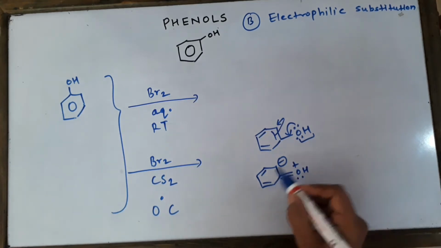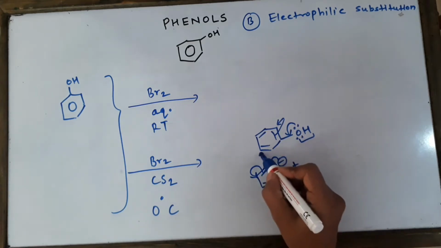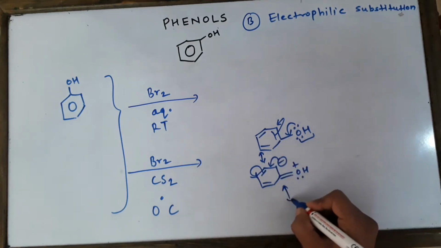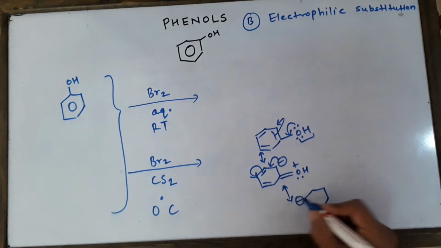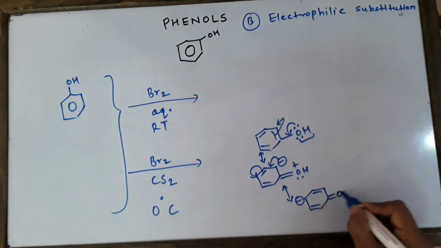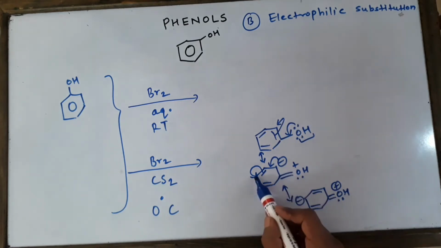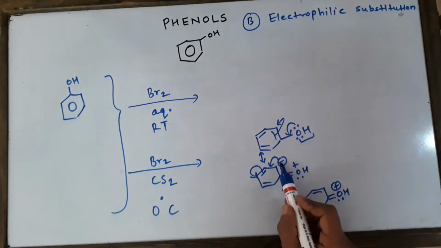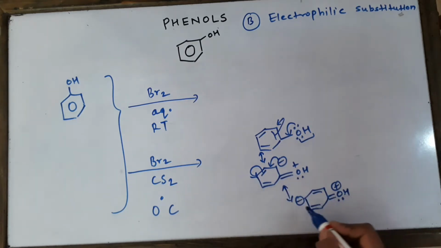Similarly, these electrons will start moving. Now I am going to draw a few more structures, and I believe everyone knows how to draw these structures. That's why I sometimes skip drawing them. Now look here. Alternate carbon atoms are going to develop the negative sign. So here we got it at the ortho position. Now I'm going to get it at the meta position. Again I will get it at the ortho position.